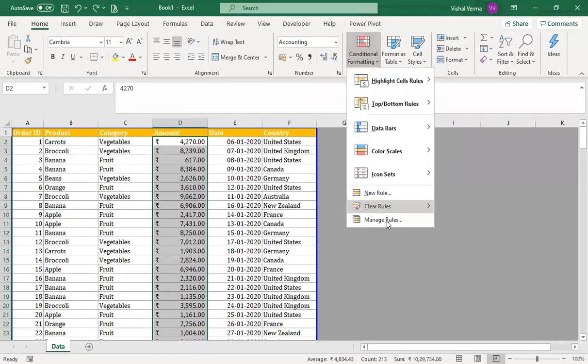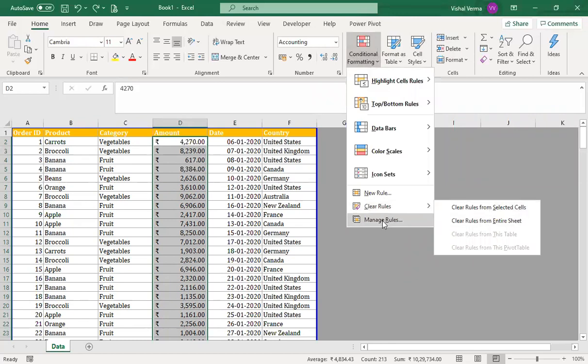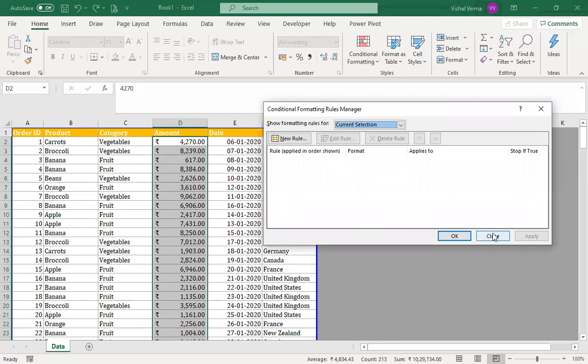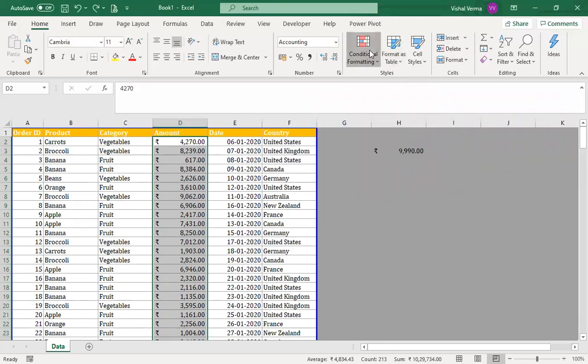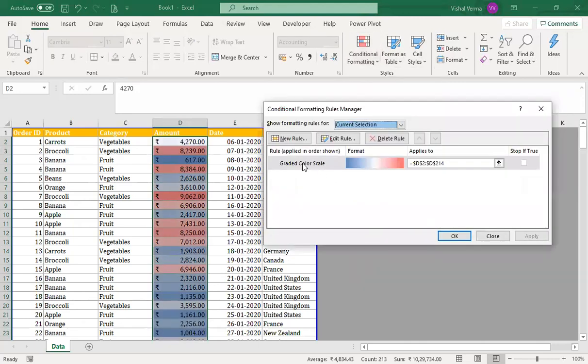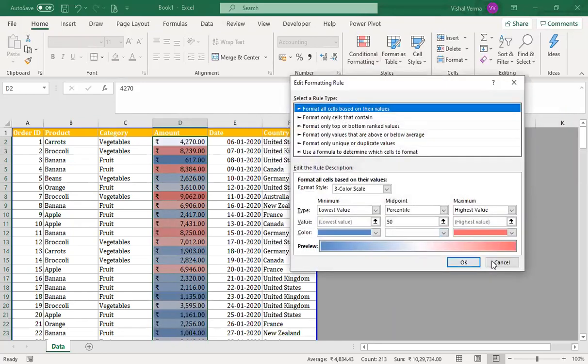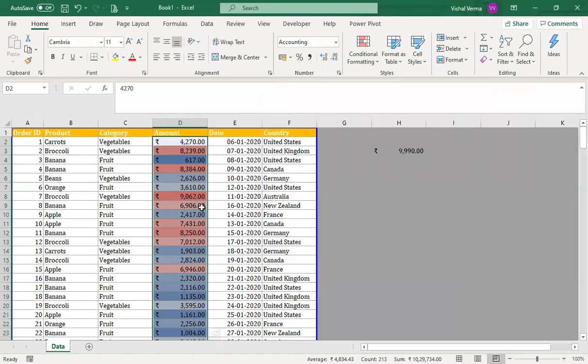Now if you want to change the rule or clear the rule of a particular cell or the entire set, you can clear the rule from here. Or if you want to change the rule, as we do not have any rule now, let's put a rule here randomly. If you want to manage this rule, you will see here two ways to go. You can click on edit rule, and it will open the window again like this, or you can double click on this and the editing window will open. You can change the formatting rules, and once the formatting rules are there, you press OK, then you move to the next part, and you apply this, and there will be changes on this.